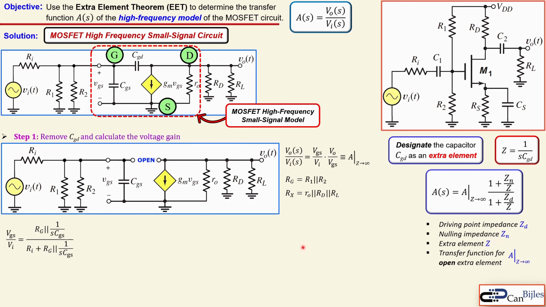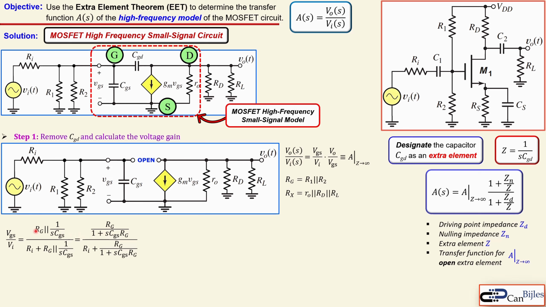And I will now express, using the voltage divider rule, this part, VGS over VI, as shown here. So this is the Rg, which is R1 and R2 in parallel, with this capacitor, which is our impedance here, 1 over S CGS, divided by this plus the same thing in the numerator. Okay, now we can work it out. You know that maybe from other complex analysis in the AC domain, which is then Rg over 1 plus